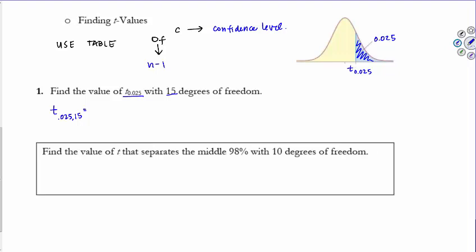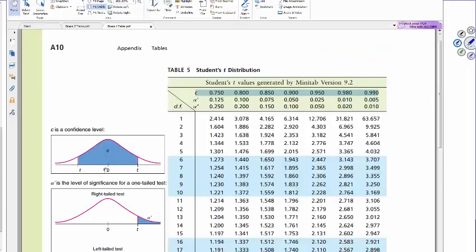That means we'll look here in the table. 15 degrees of freedom is down here. That means we're looking on this row. And then because of the way it was presented, we have a cutoff value, remember t.025. So we want this alpha prime value to be 0.025. That's this row of the top, 0.025 here. So where that column intersects that row, we get a critical value of t of